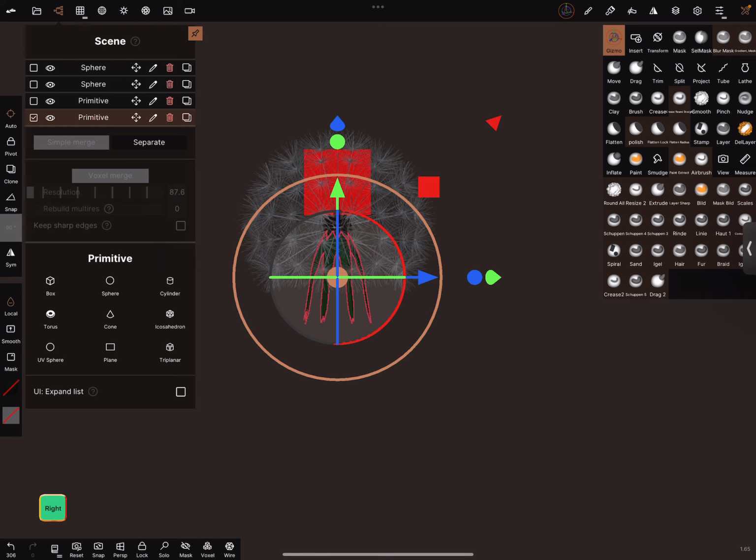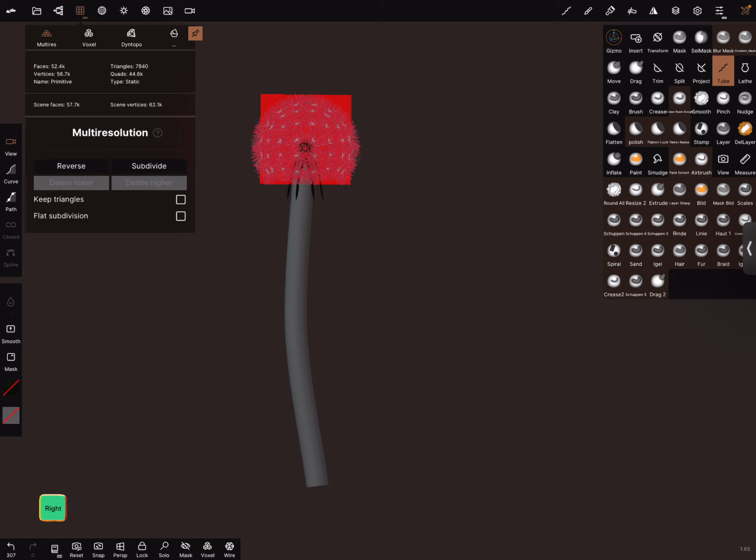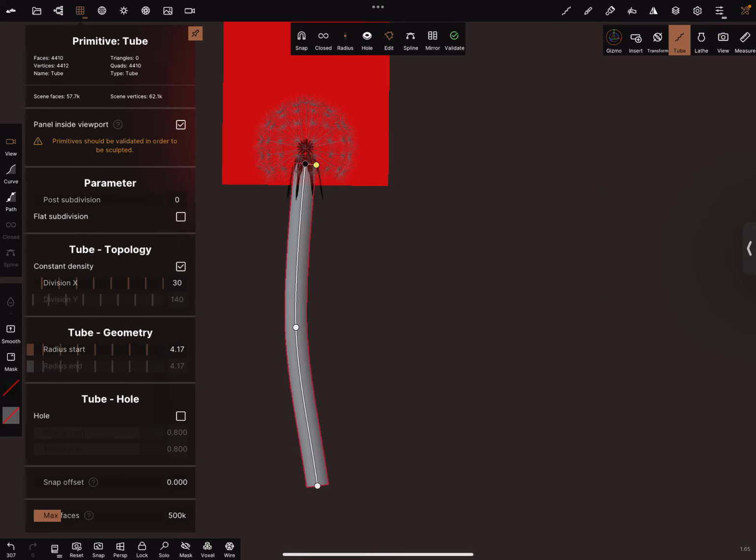And the last step, a tube. We can create a path. And reduce the topology. Here we need, I think, only 6 is okay.